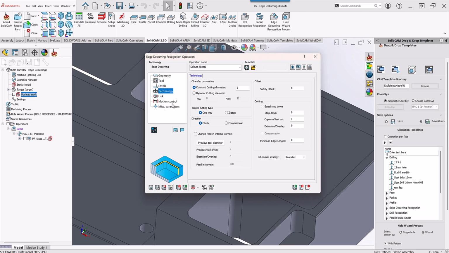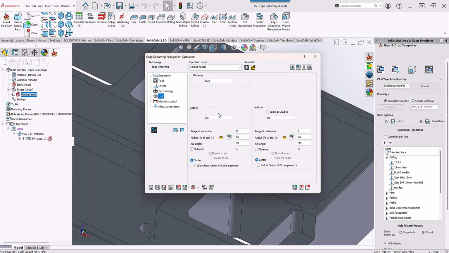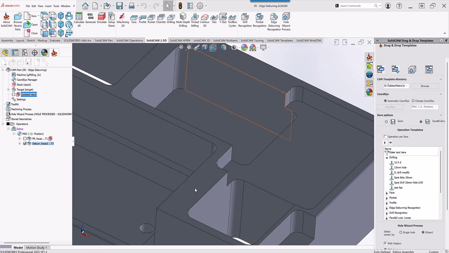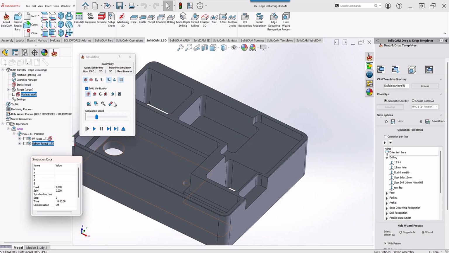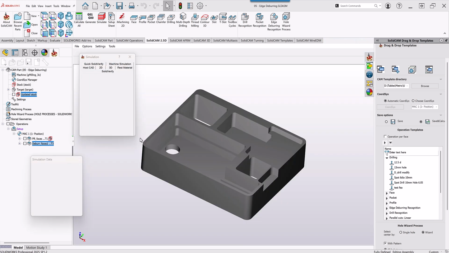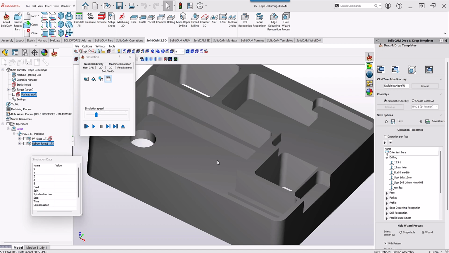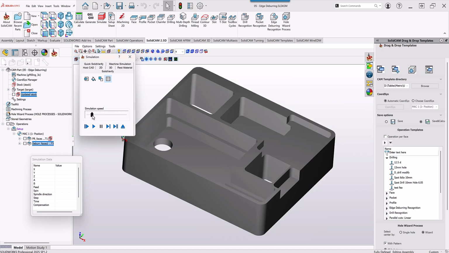One more issue I'd like to go into is the actual link. The link is how are we approaching the edges and how are we retracting from the edges. I'm going to leave it at arc, and I'm going to do save and calculate. Let's take a look now at the actual simulation, and I'm going to take a look at the solid verify situation so you can actually see the edge being defined. Click on play, and you see